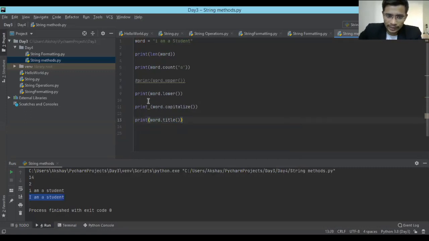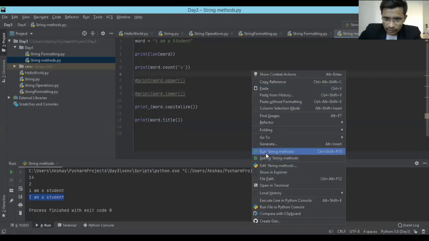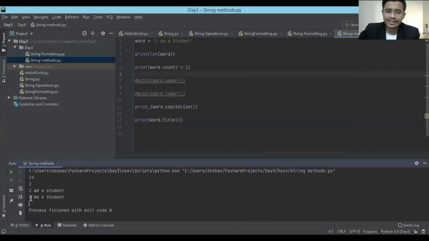So let's go and check the difference between capitalize and title. I'm just commenting out the lower one because it is of no use right now. Okay, let's run this program. See what it does. It makes all the first letters capital. See, I is the first letter, it is only one letter, so it is capital. Am, from am, A is the first letter, it makes it capital. And yes, it was already capital, and it is there as well. That's the difference between capitalize and title.